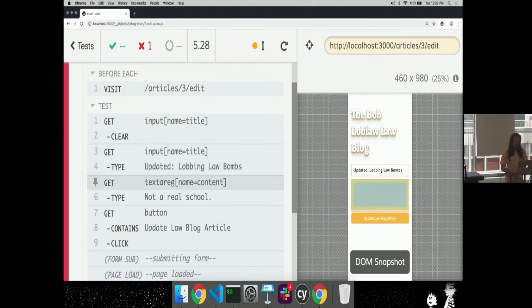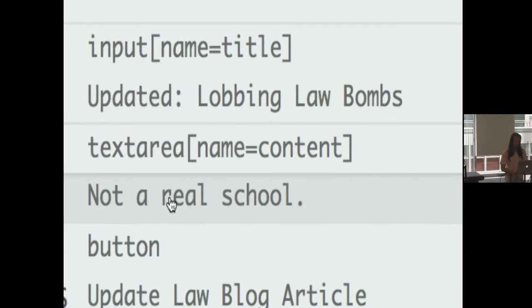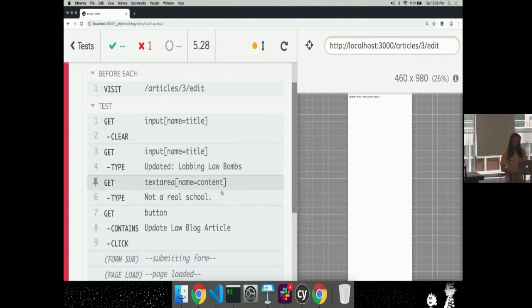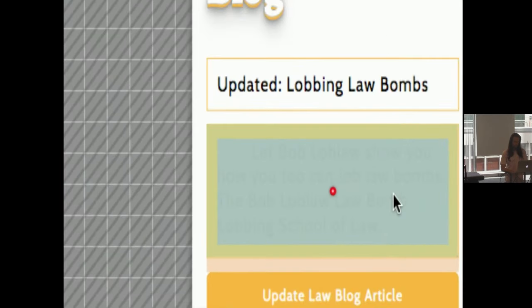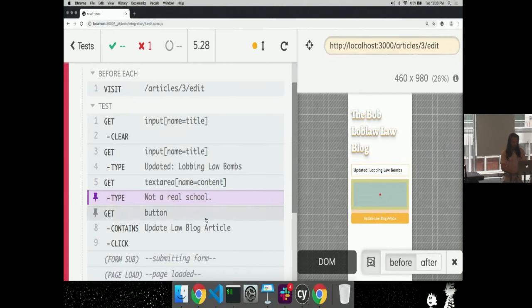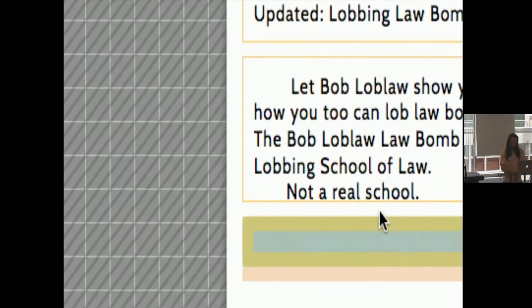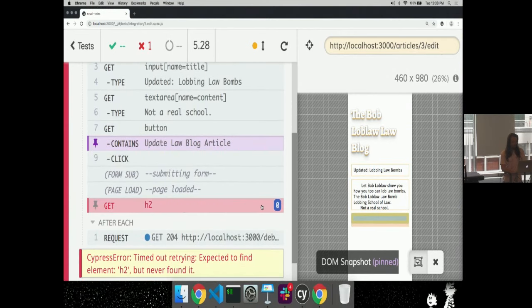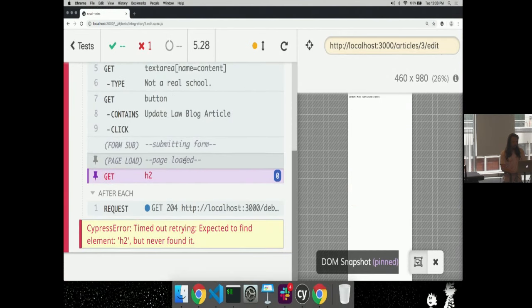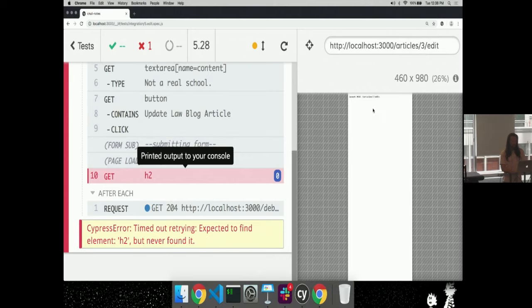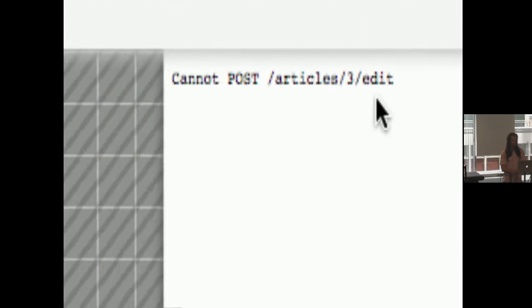And then it found the content and it added "not a real school" to it. It updates it, and then clicks the submit button, which takes us to the next page. But the problem is we haven't handled that route. So let's do that.